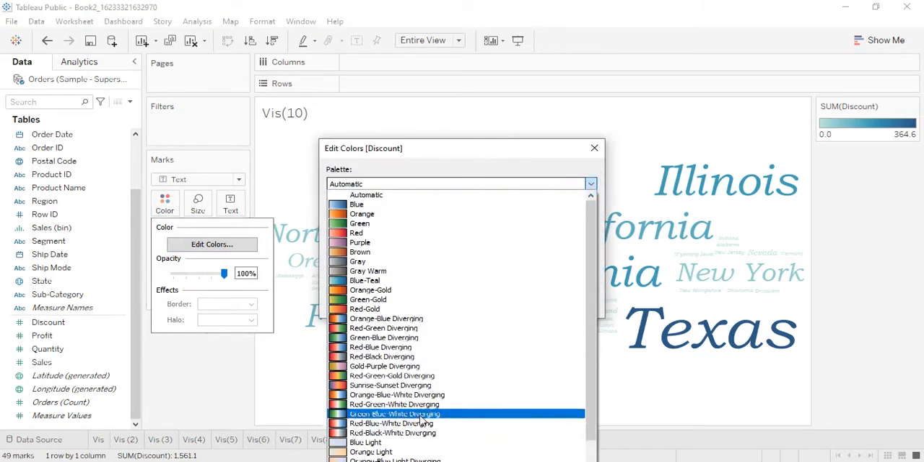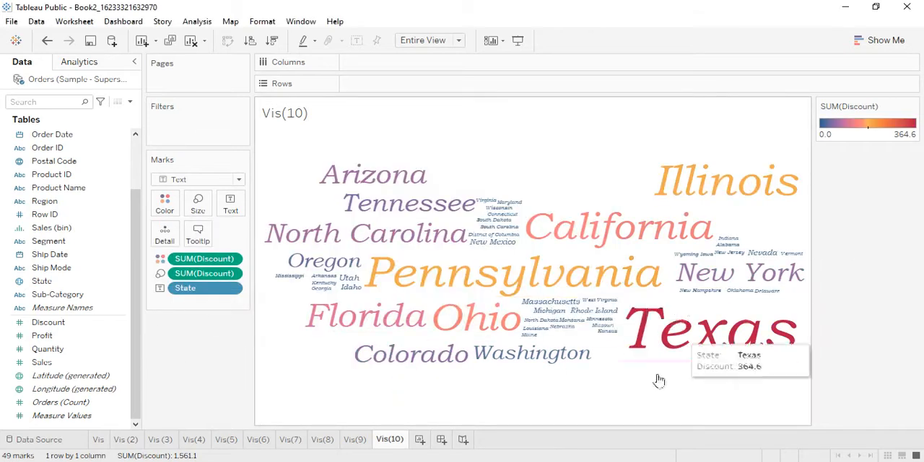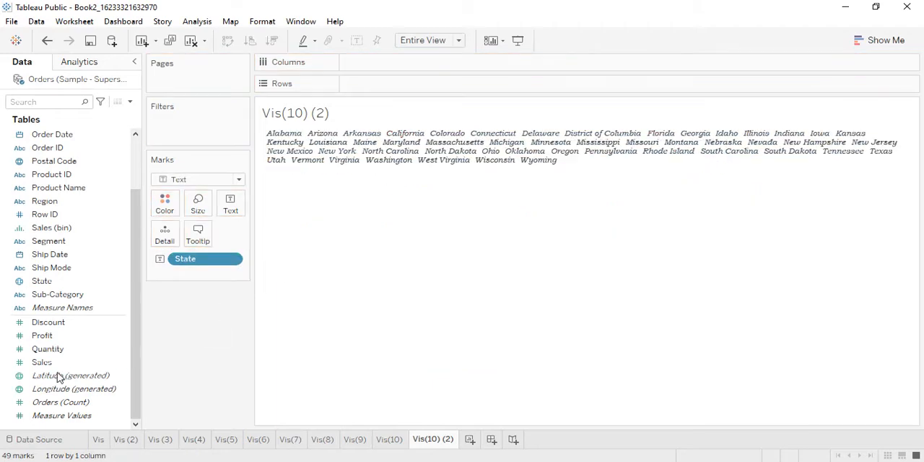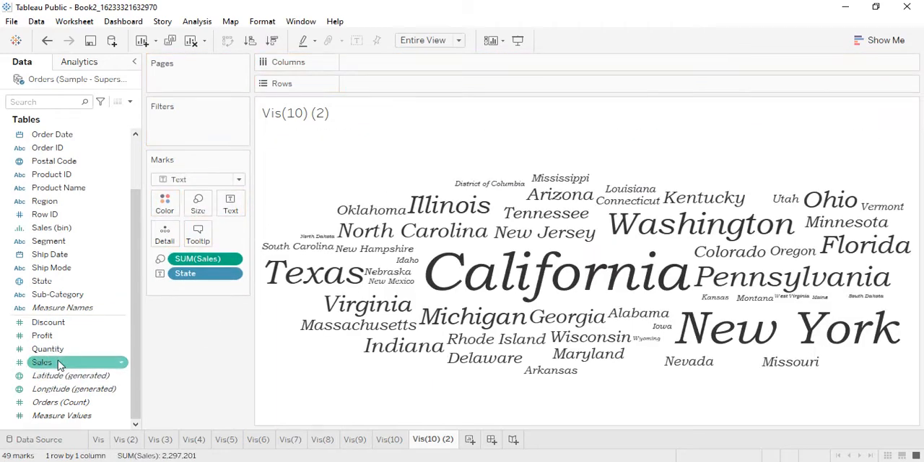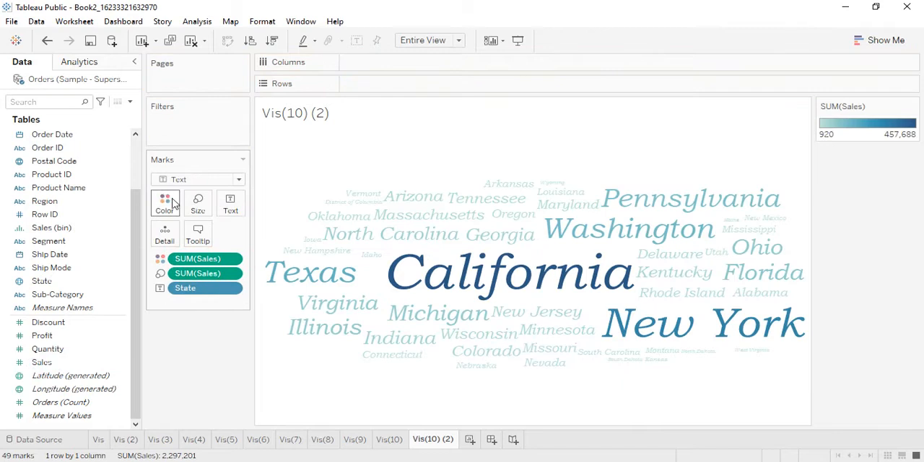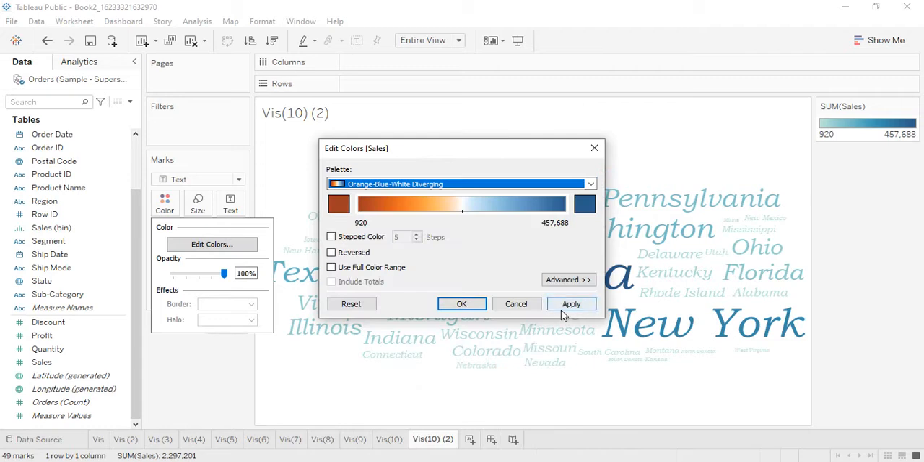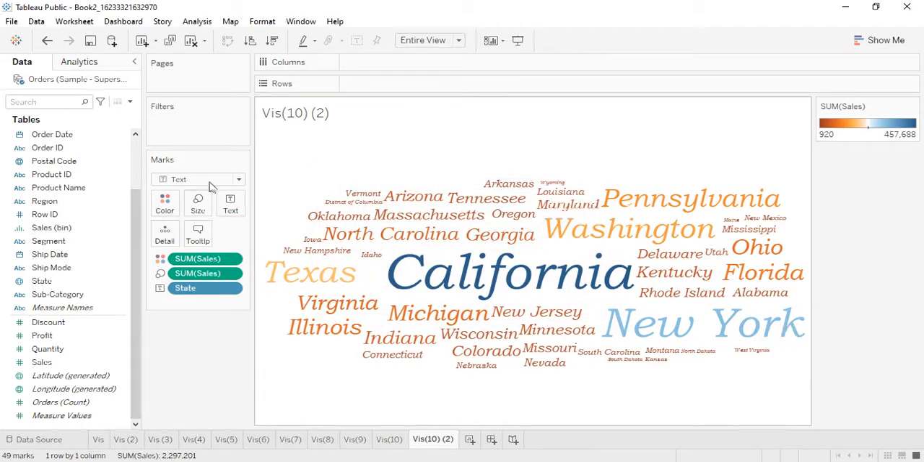We can also just change it to a particular theme like this to get a better view of the colors. This is on the basis of the discount. If you want, we can just duplicate it and convert it into a similar kind for the sales as well. Like drag the sales in the size and drag the sales in the colors part and change the color scheme to something that's looking better. Maybe this one. Yeah. So this is what we are getting on the basis of sales, and this is a word cloud that we have created entirely from scratch. It was not supported by Tableau. We have created it by using simple steps